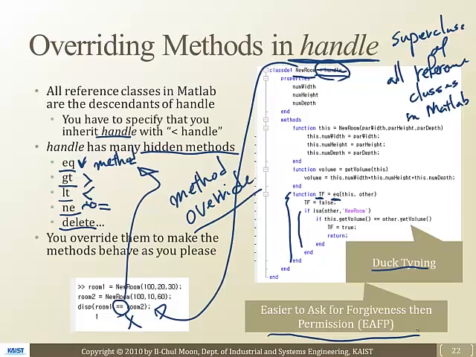So now you might have resolved some of your questions about this handle and references. If you still have questions, please ask me in the offline course so that I can answer you about these notations and handle notations. These are all important things that you should know when you are handling classes in MATLAB. Okay.